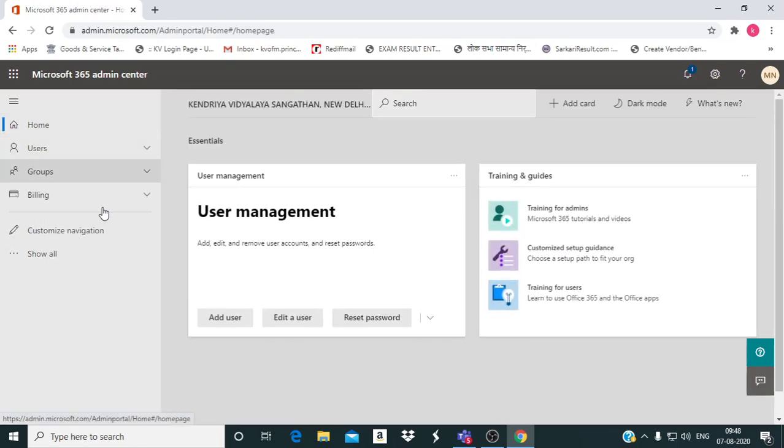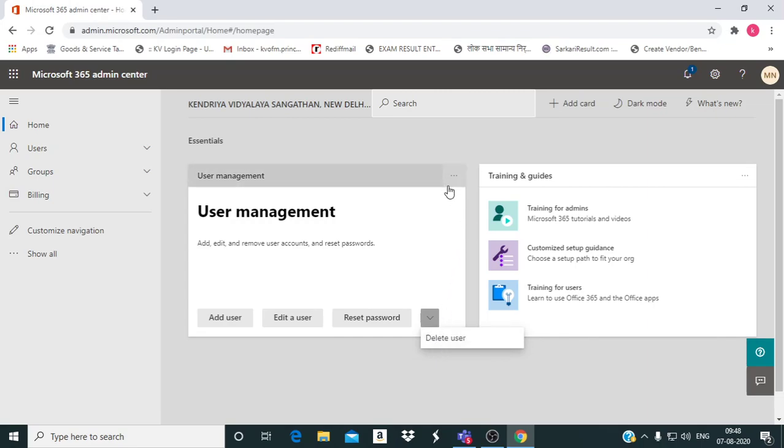So now you people have all these rights. When you click on home screen, you find add user, edit user, reset passwords, and delete user. These are the options you can perform: add, edit, and remove user accounts and reset passwords. So it's very easy.